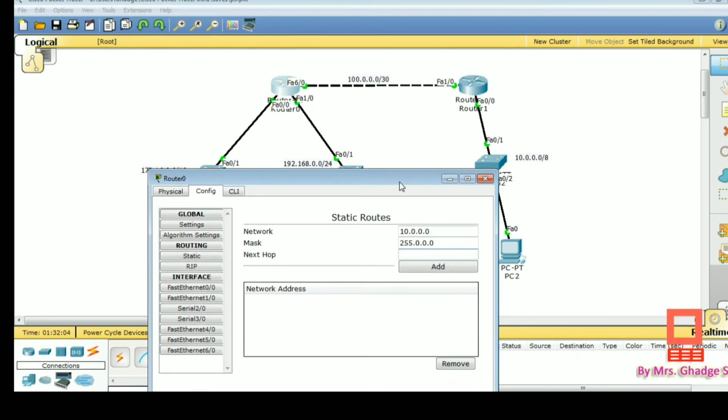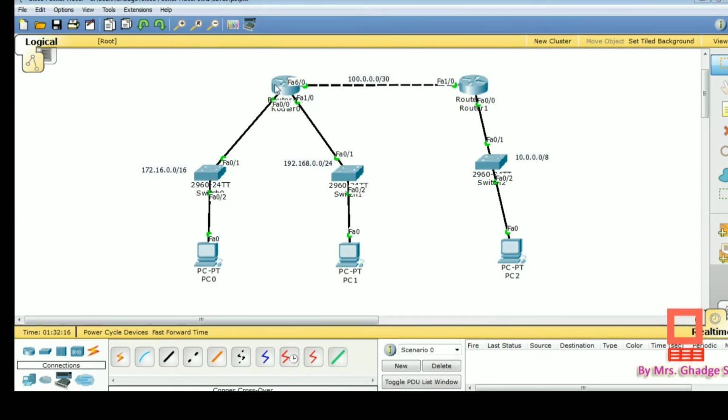Next hop means this is the IP address of the link which is directly connected to the router having the network 10.0.0.0. So here you can see in the diagram, for the first router the link which is directly connected to the second router is FA1/0.